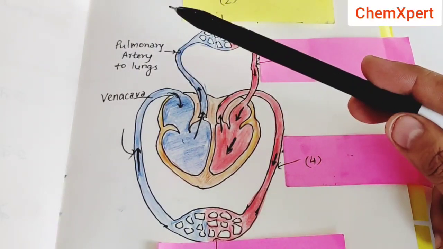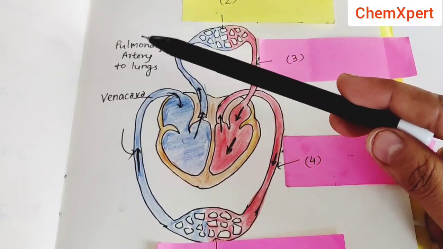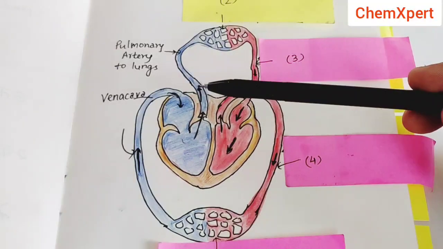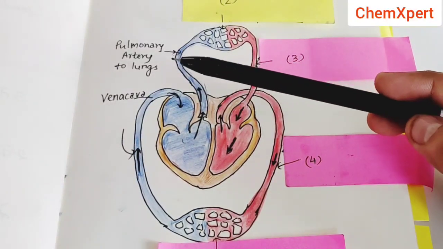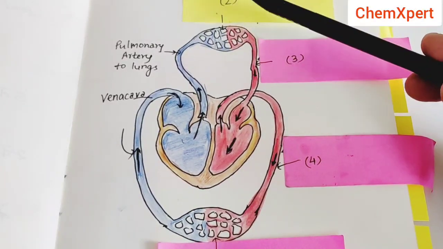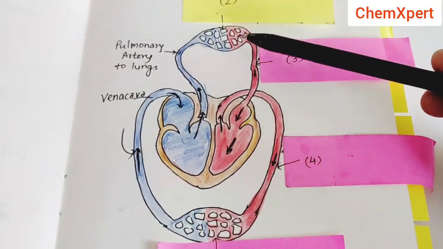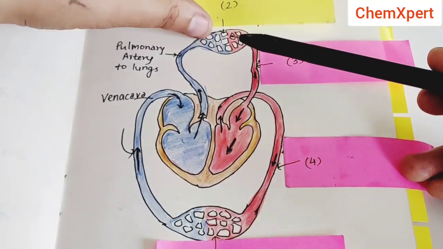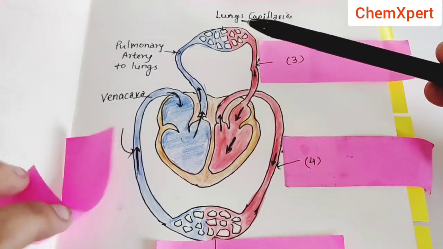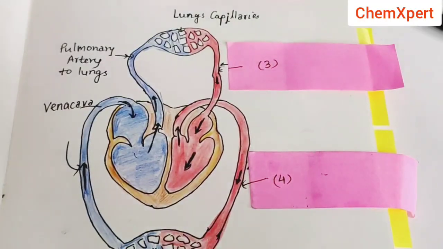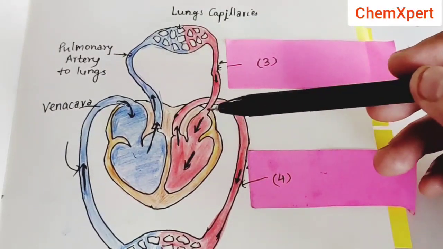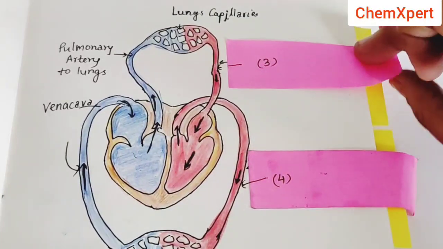So this artery is carrying the deoxygenated blood. Arteries generally carry the pure blood, but pulmonary artery does the reverse work, that it carries the deoxygenated blood to the lungs. So here in the lungs, rich oxygen is supplied to the blood, due to which it becomes oxygenated. This section here is the lungs, which have a large number of capillaries. Now from the lungs the blood is carried into the left atrium by this pulmonary vein.